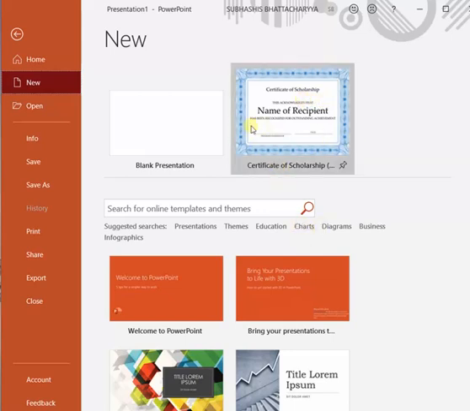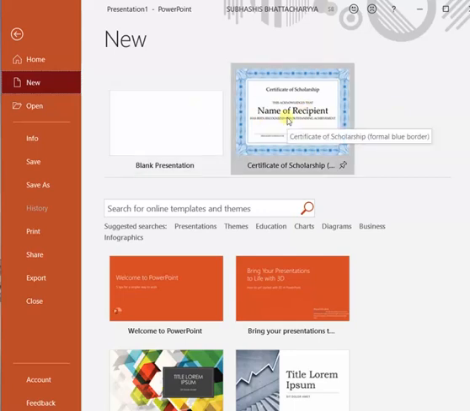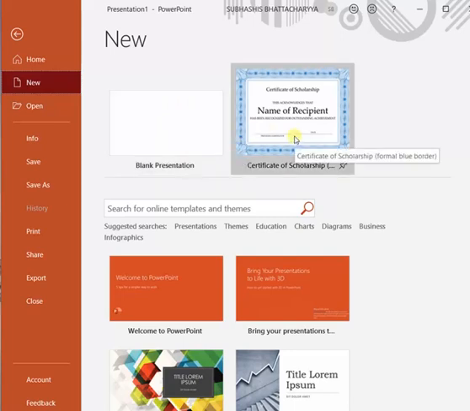For that reason it is showing me here. Whichever built-in templates you have already downloaded in your computer, they will be shown here when you click on new. When you want to create a new presentation, it will show you the option of blank presentation, along with those built-in templates which have already been downloaded on your computer.